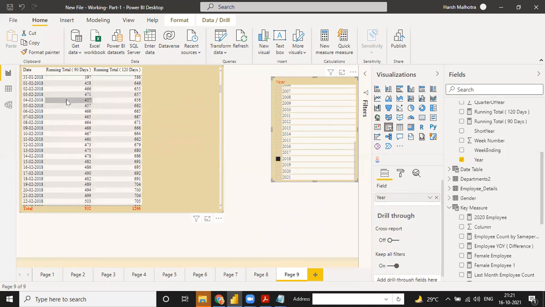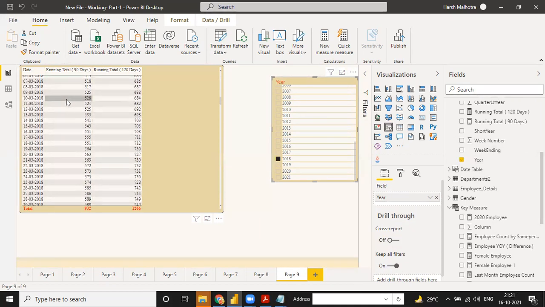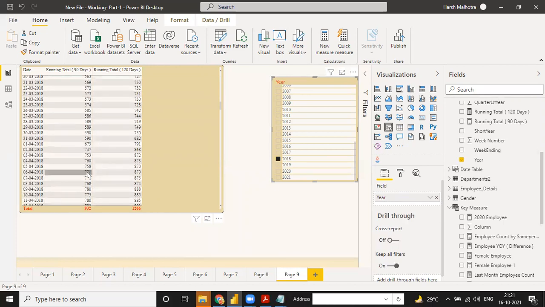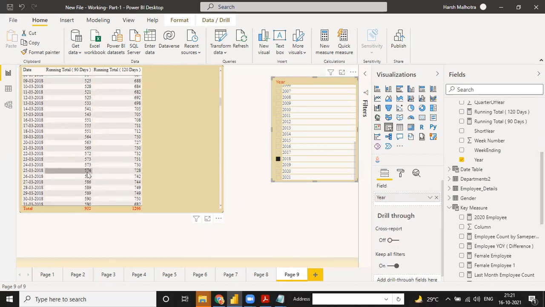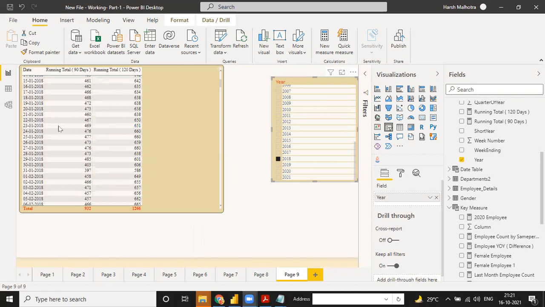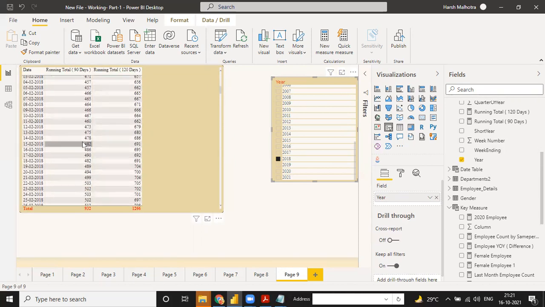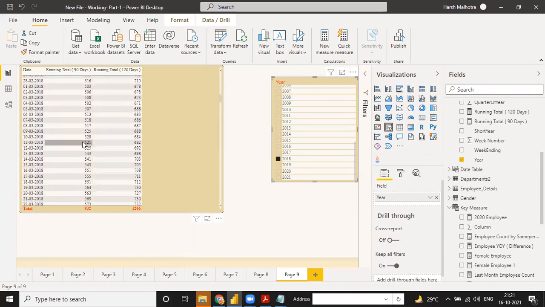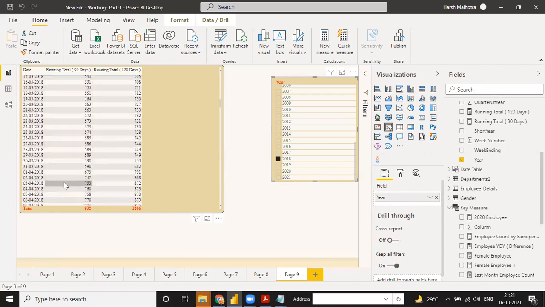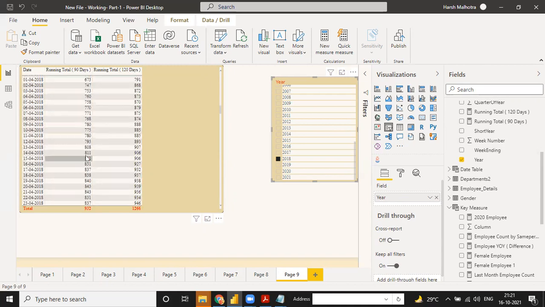When you go down, see, 90 days, 1/1/2018 to, I think, March. See, on the 31st March you have 590. So it will complete the running total till the end of 90 days.